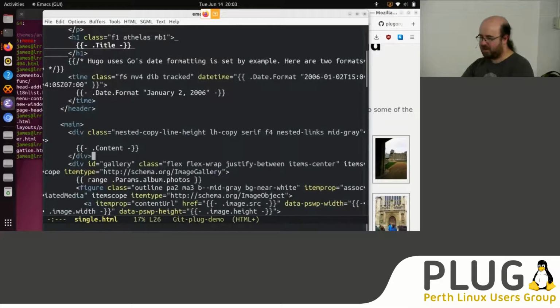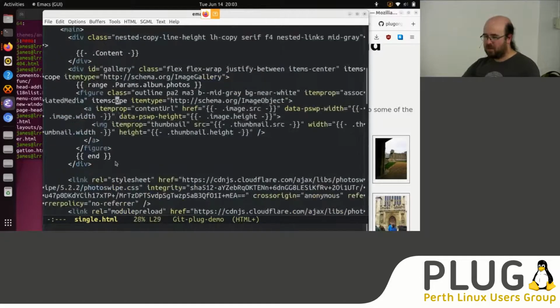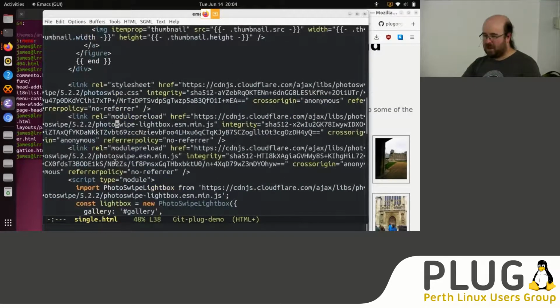There is the main content which we got from the document, and then at the end I've put a gallery where I'm iterating over all of the photos which I specified in the page metadata, and then generating some HTML which shows the thumbnail with a link to the full-sized image,